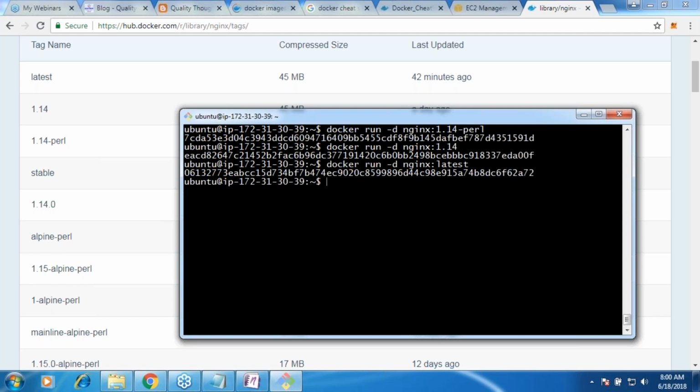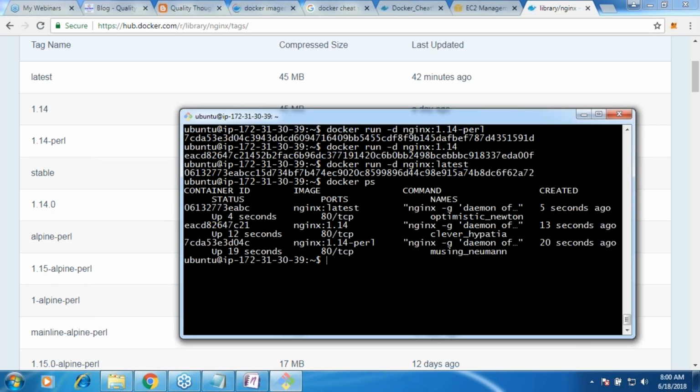Running in the background. Now I use docker ps. Yes, 3 containers running. So same application with 3 different versions, I'm able to run on the same machine. That's the whole point. So it doesn't mean that image is one version. Image is one application. For that application, it can have multiple versions. Whenever you install Tomcat based applications, you can have Tomcat 7, Tomcat 8, and Tomcat 9 images. So with every application release, you will get a Docker image also.